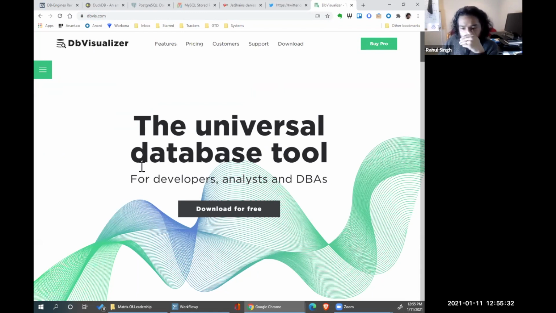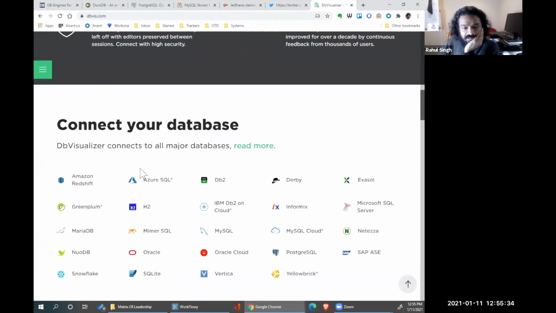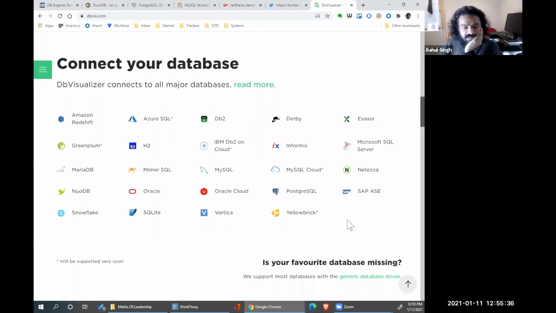When you mean a tool, David, are you talking about stuff like this, or what kind of use case are you talking about for a database tool? Oh, exactly this. Just something to connect to a SQL database and add tables, add users, all the things. Yeah.